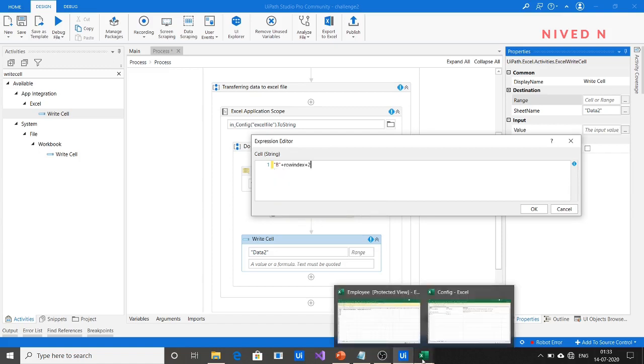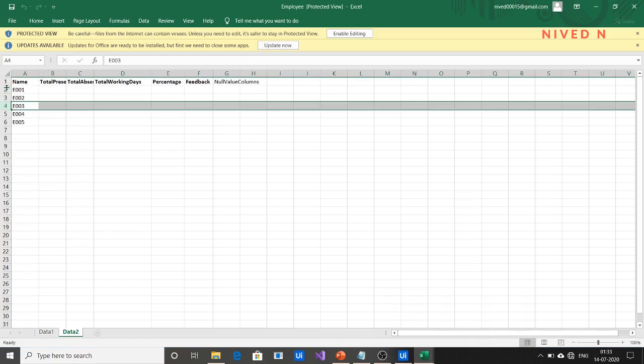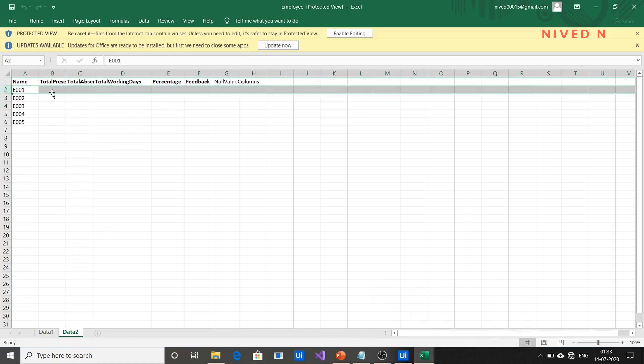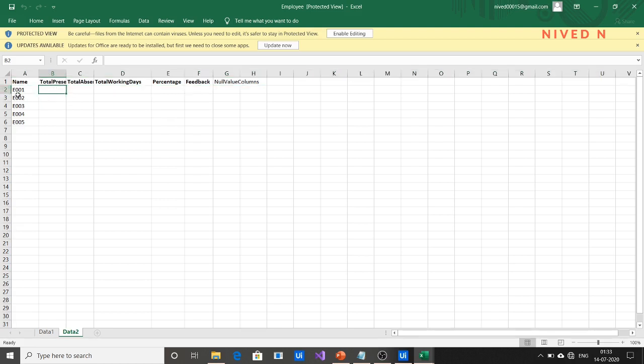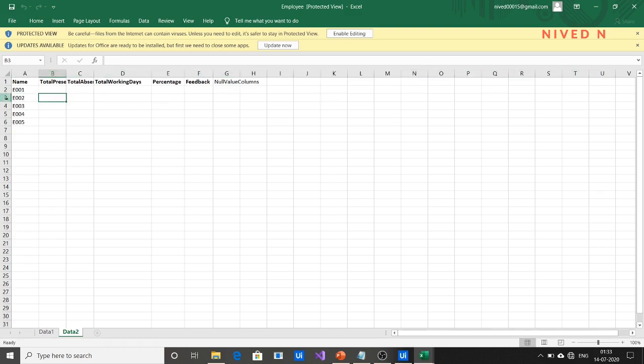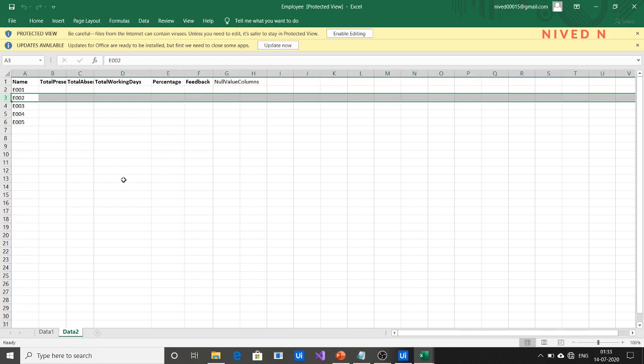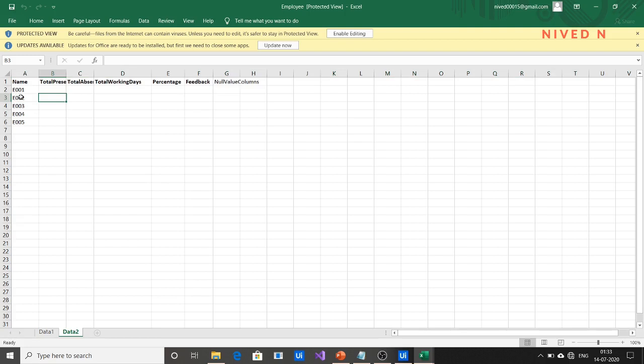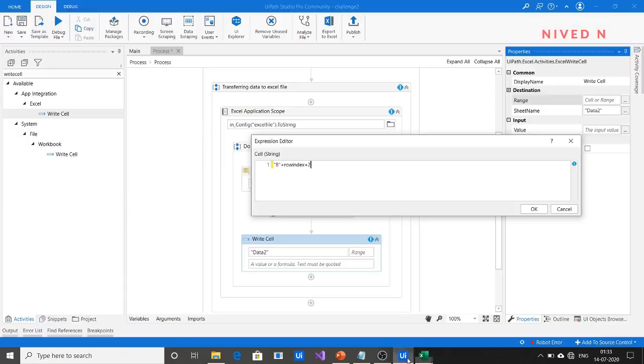Because if you take the first employee, E001, the row index is 0, but we have to input in cell B2. So we should add 2 to the row index. If you take E002, we have to input in cell B3. Since the row index is 1, we add 2 to it, so we can enter the total present details in the B3 cell. Like that, we can represent this in a generalized way.